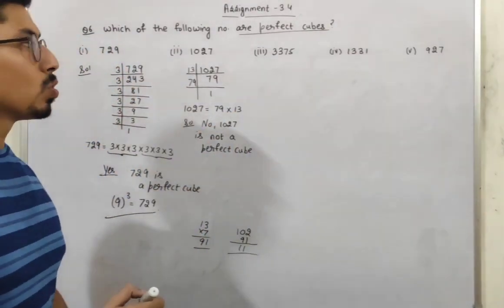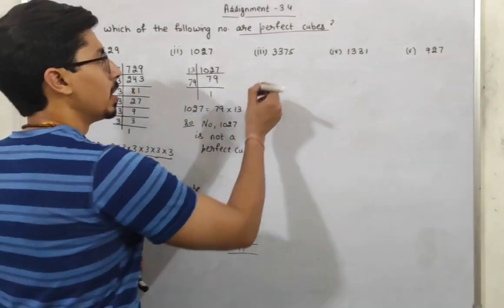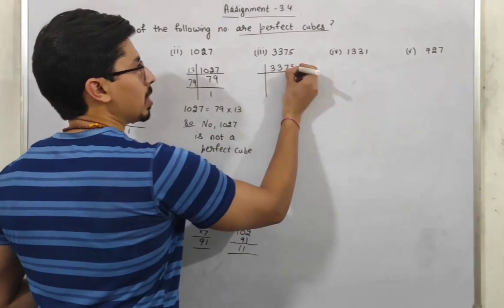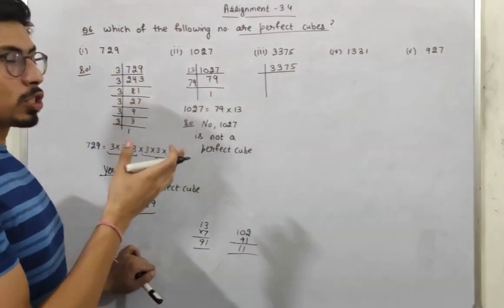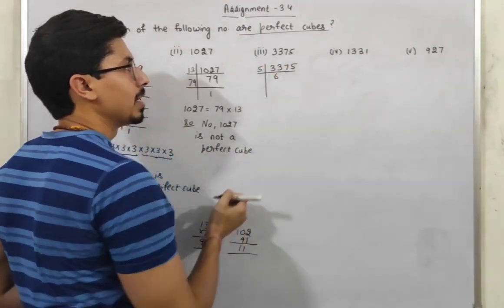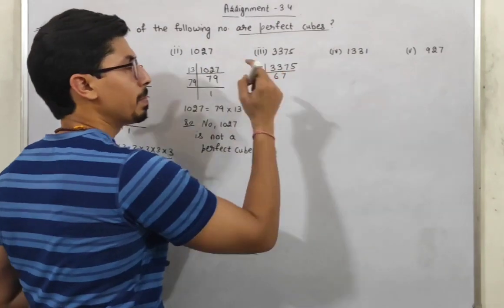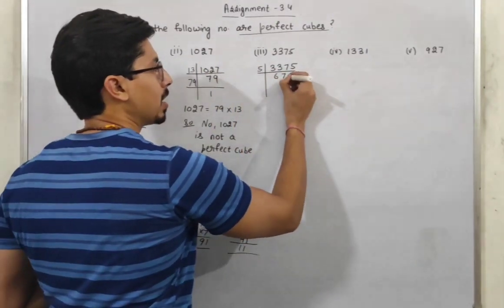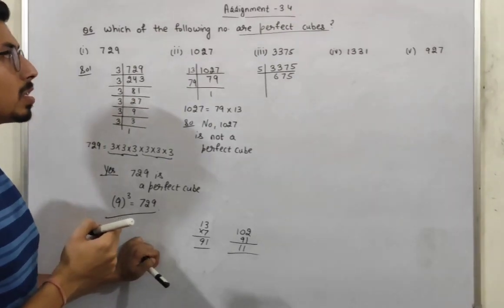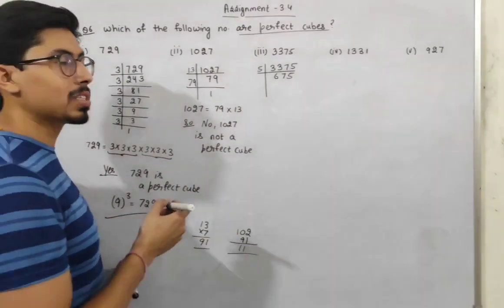Okay, students. So moving forward to our part number 3, we have 3375. So if I take just 3375, first of all we divide it by 5. 5 6s are 30, remainder is 3; 37, 5 7s are 35, remainder is 2; so 5 5s are 25. Now we have 675, students. 5 6s are 30, 5 7s are 35, yes, it will be 675.